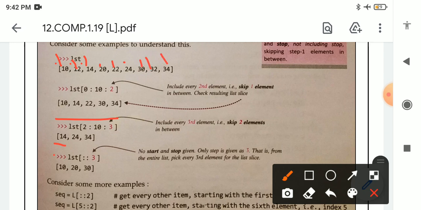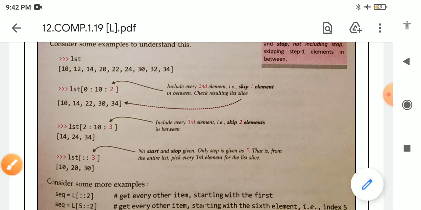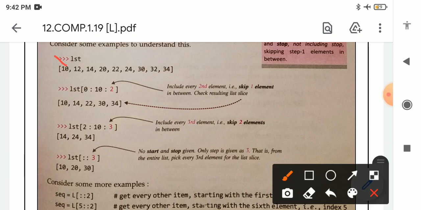But see here the step is what, previously it was 2, but here the step is 3, so we will count from 10: 1 2 3 we will write 20, we will write 30, like this we will get, because the step is 3.